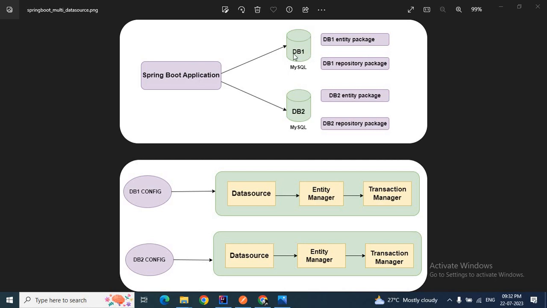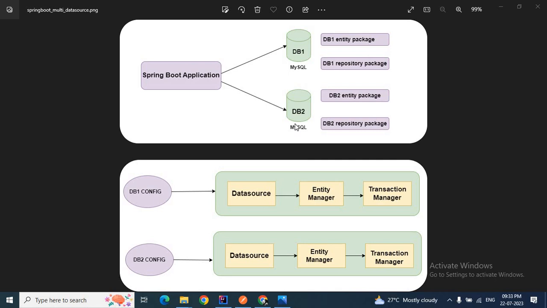So let's say in DB1 I want to store some account related information. Okay, and in DB2 I want to store the user of that particular account. So I have two separate DBs, that is let's say account DB is one and user DB is one. In account DB I want to store the account information, in user DB I want to store the user information. Clear? So I'll do that.